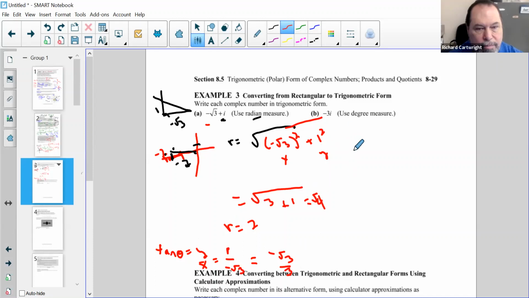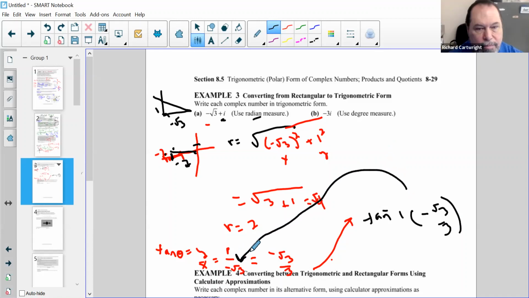So I'll erase all this when I do the second problem. This takes me to, let me change color again, arctangent of the negative square root of 3 over 3. Now, personally, I liked it better as this. And why do I like it better? Because then if I draw that triangle,